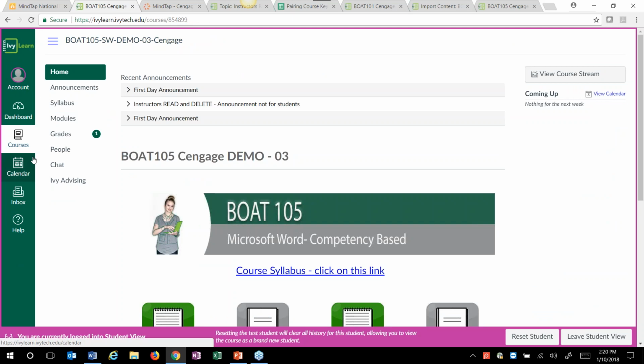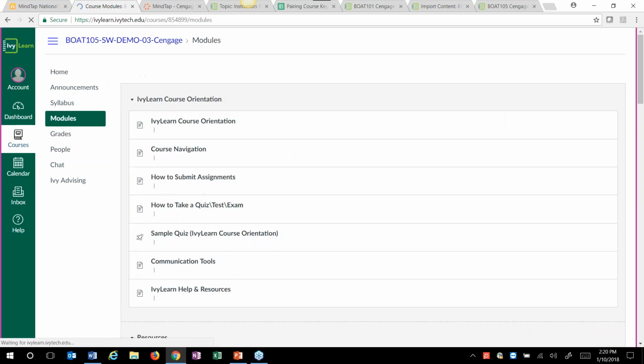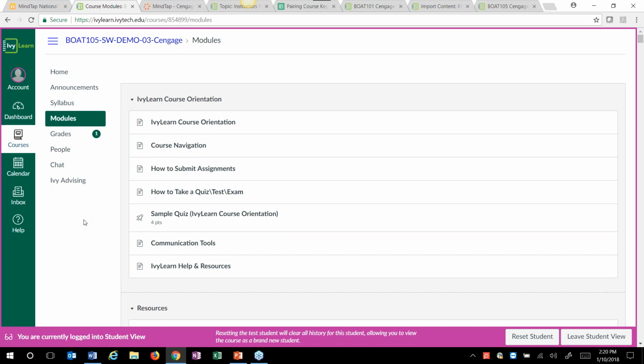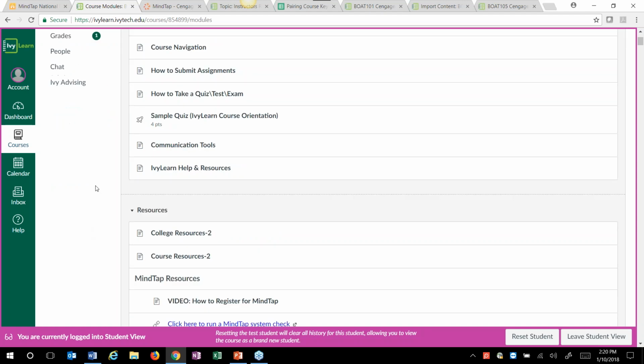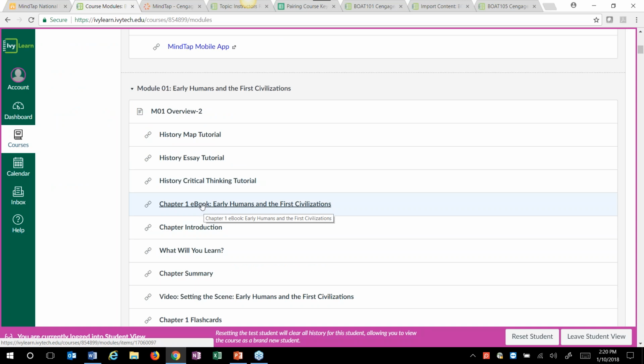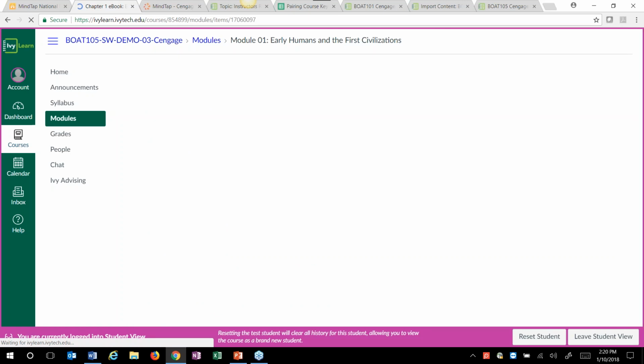All right, so when students log into your course, as long as it's published and all of the modules that you want them to see are published, they'll be able to go out to their modules area or assignments area, however your course is set up, and they can access their Cengage content. So let's say, for example, I have a student who is attempting to open this ebook link, which is a link to the Cengage Mindtap ebook. When they click on this link,